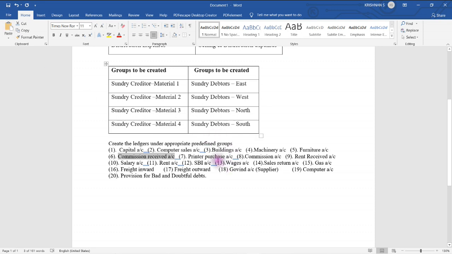Then printer purchase account comes under purchase account. Commission account will come under indirect expenses. Rent received is indirect incomes.